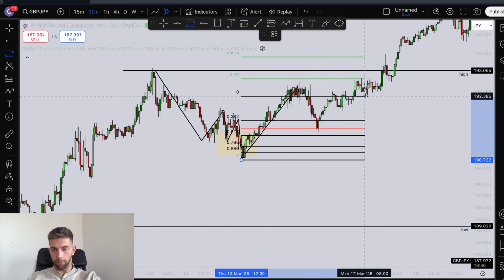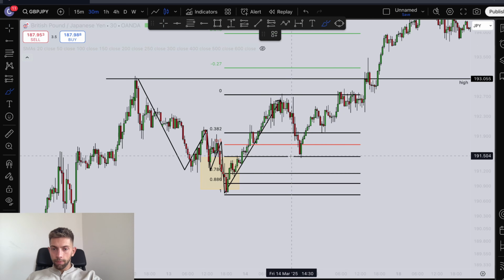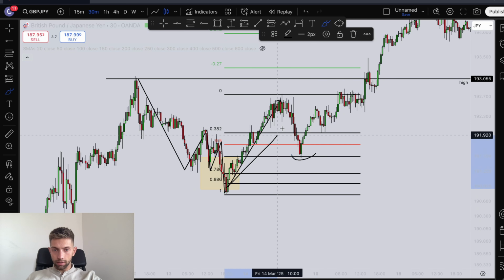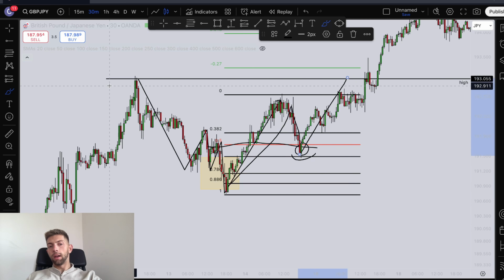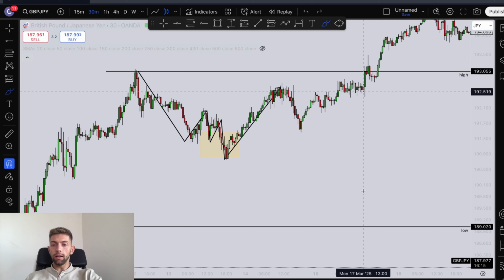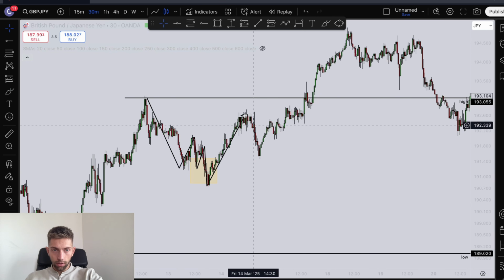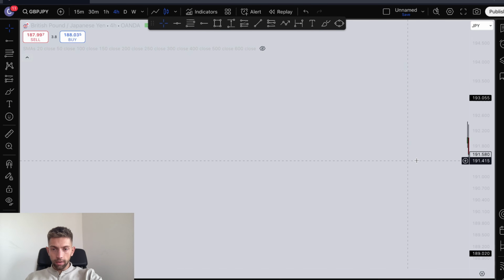for which I'm going to use FIBs from A to B. Price pulled back 61.8%, and from that point price did exactly what I was telling you, retesting this previous structure point, rejecting it, and going higher to its own highs. And that's trade number one. Let's continue. Price broke market structure right now, so H4 again,